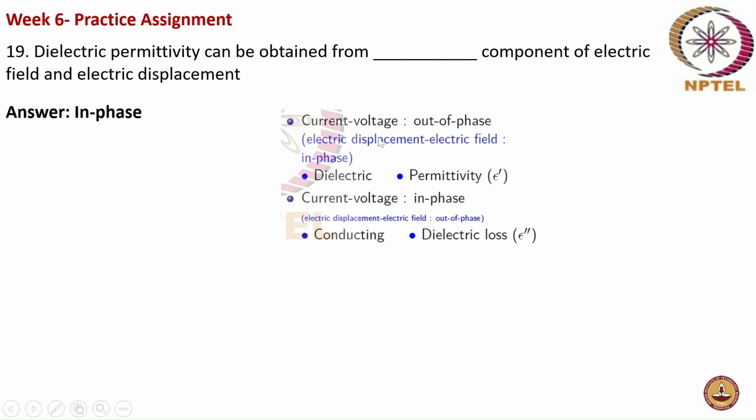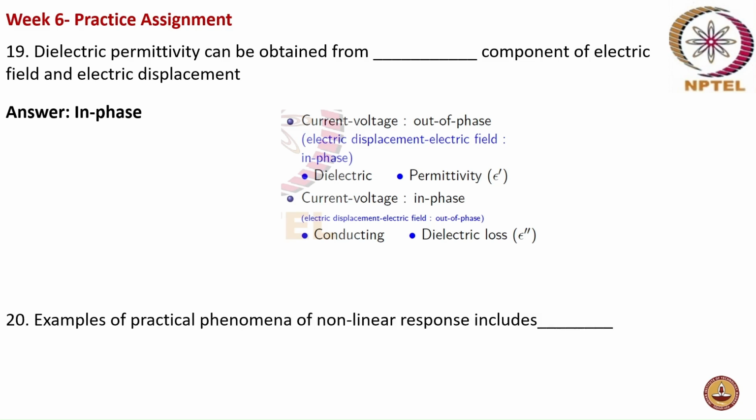In other words, if current and voltage are out of phase, you can find out the dielectric permittivity, and if current and voltage are in phase, you can find the dielectric loss. Okay. Now next,